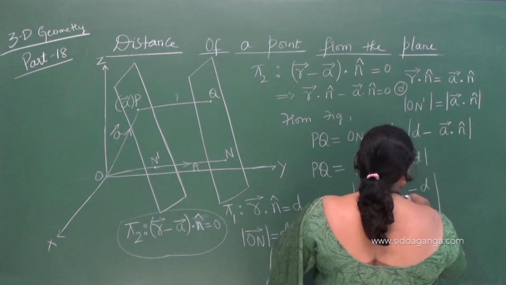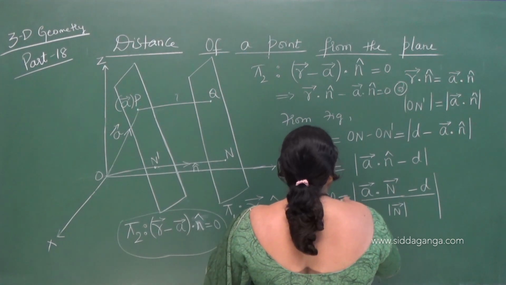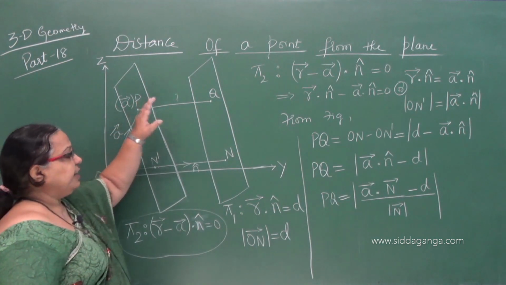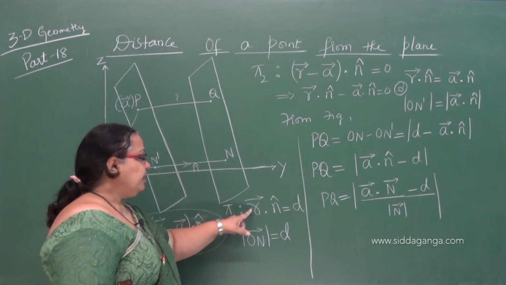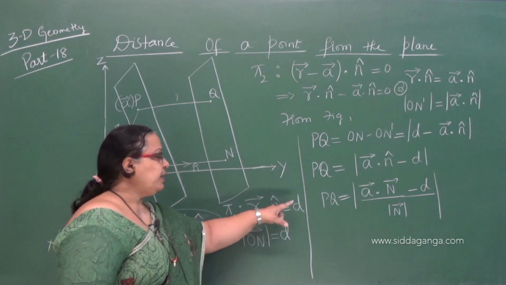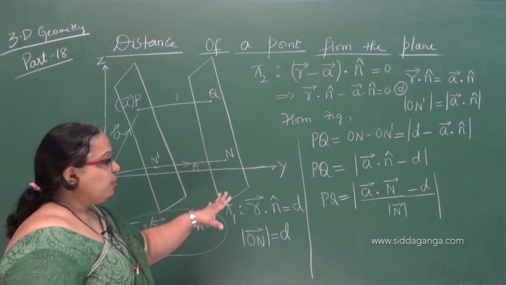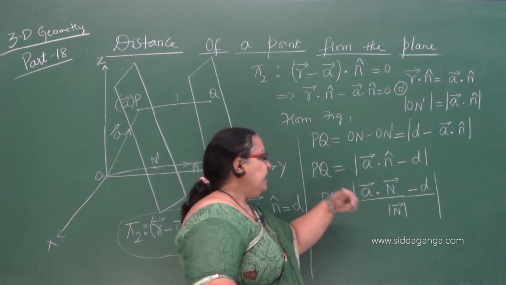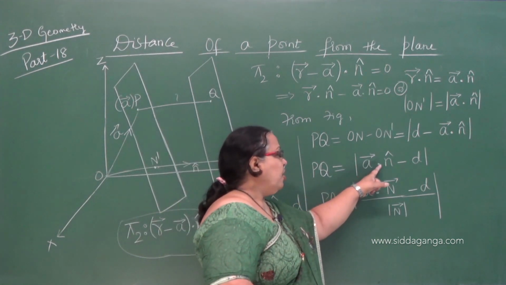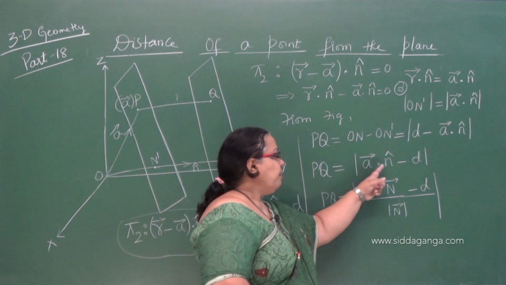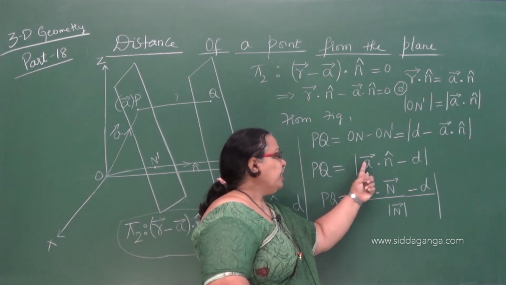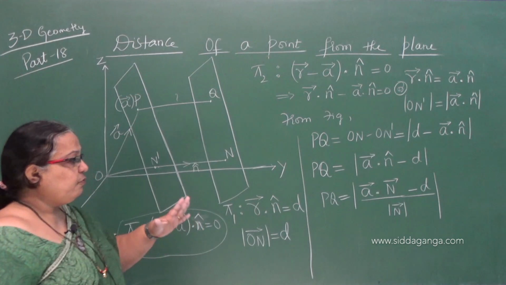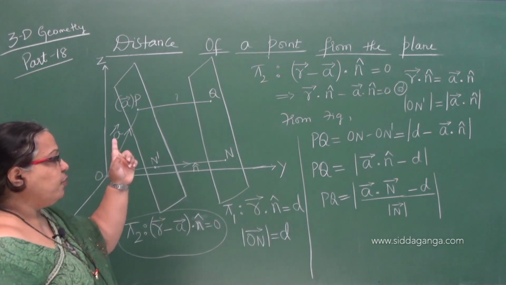So we put the formula for this. Now this represents a point and the plane. So PQ represents the distance of the point P from the given plane. So that is vector r dot n cap equal to d. Since the plane is given, we write the normal vector and substitute it here, or we can find n cap and put it in A dot n cap. So the magnitude of these two: the dot product gives a number, divided by the magnitude of n, minus d. So this gives the formula to find the distance of a point P from the plane.